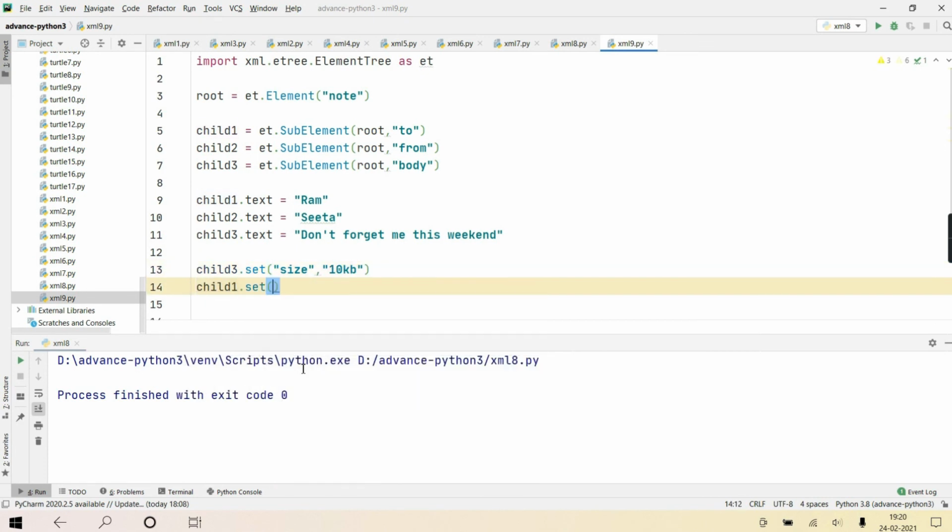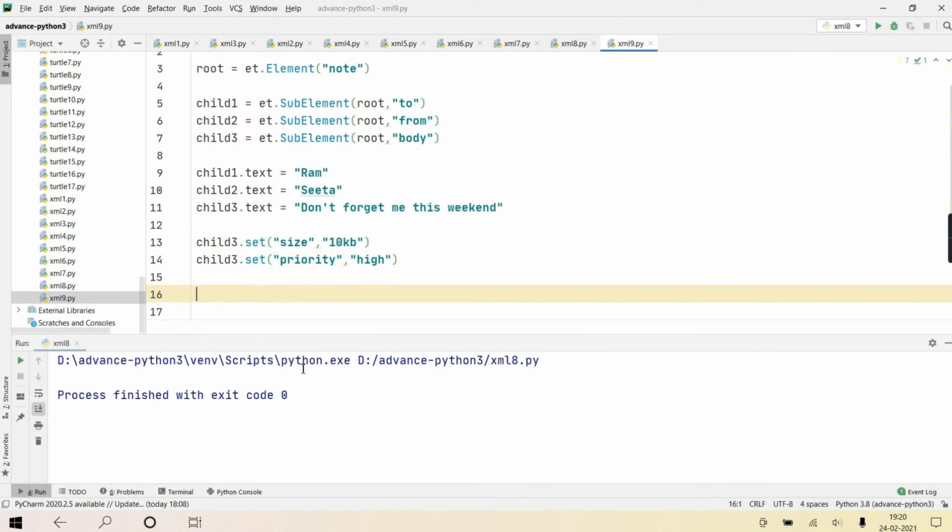Child 3 dot set priority and giving high. So two attributes, I have given to that third child. You can give attributes to others also, but I have given two attributes to the third child.